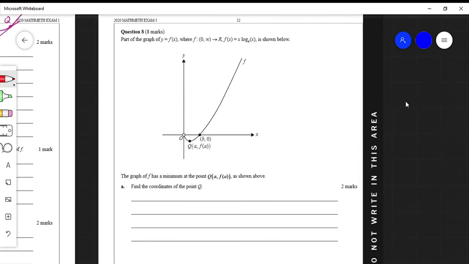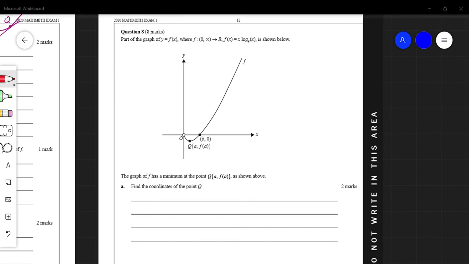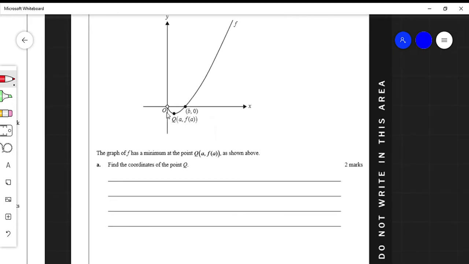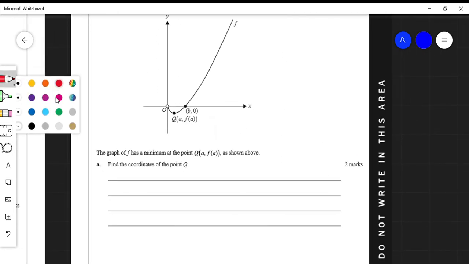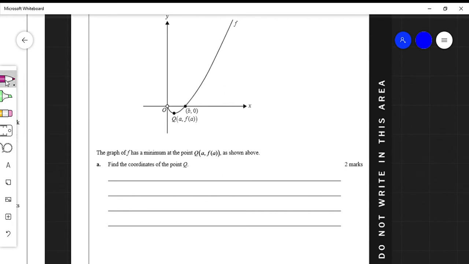Question 8. They've given you part of the graph. It has a minimum at the point Q, and we're finding the coordinates of the point Q. Okay, it's asking you to find a minimum. Very straightforward. So all you got to do, take our function,